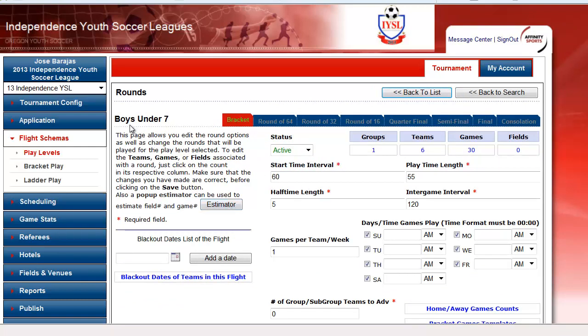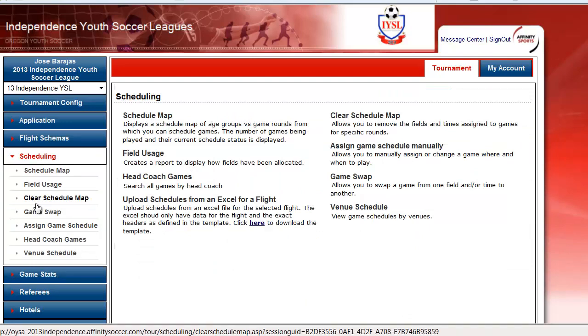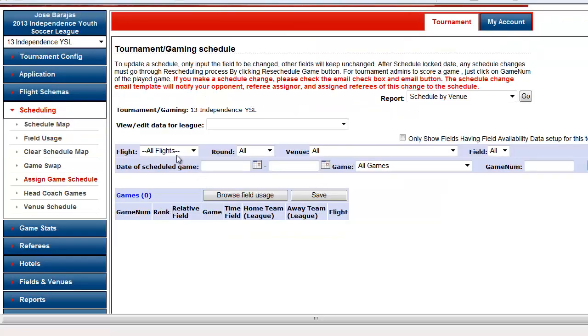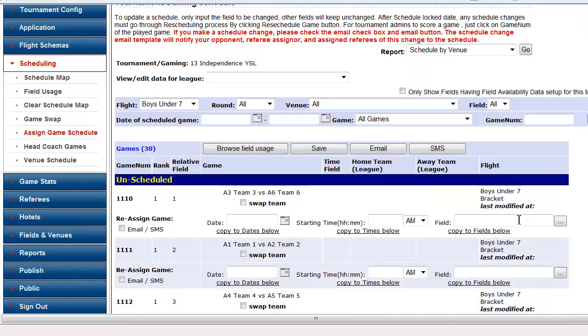So, Boys Under 7 is set up. I've got one group, 6 teams, and I've got all of the pairings set. So at this point, I click on Scheduling. And then I click on Assign Game Schedule Manually. On this screen, I want to select the flight I'm working on, which will be Boys Under 7. I select Boys Under 7, and I click the Search button, and I'm going to see these 30 unscheduled games